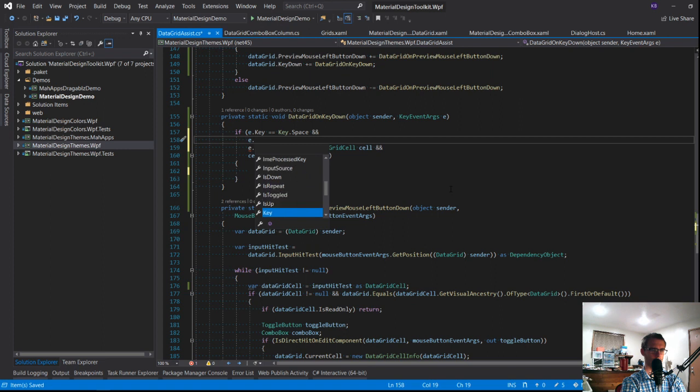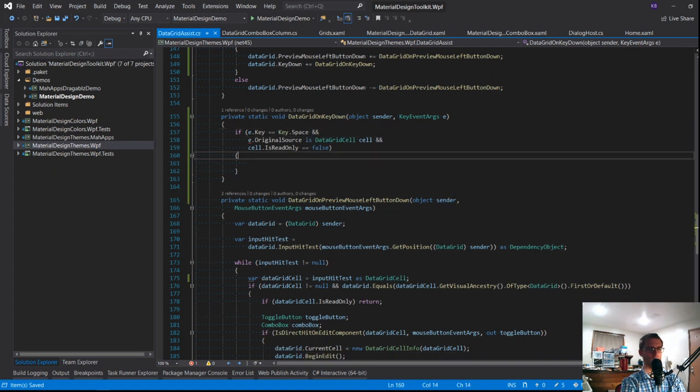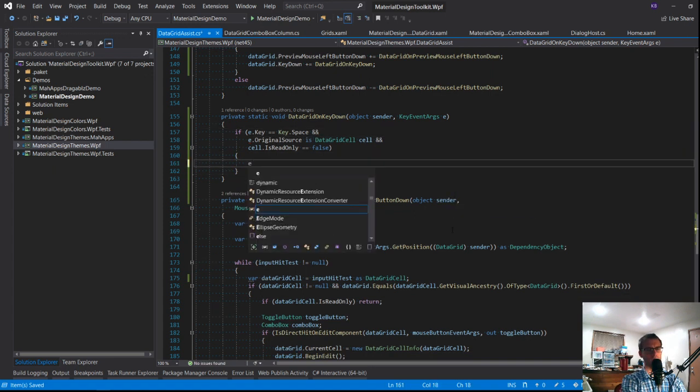IsDown would work. Routed event. How about IsDown? Well, this is a key down event, so if we get into here and it's not a key down event, we've got a different problem. Okay.